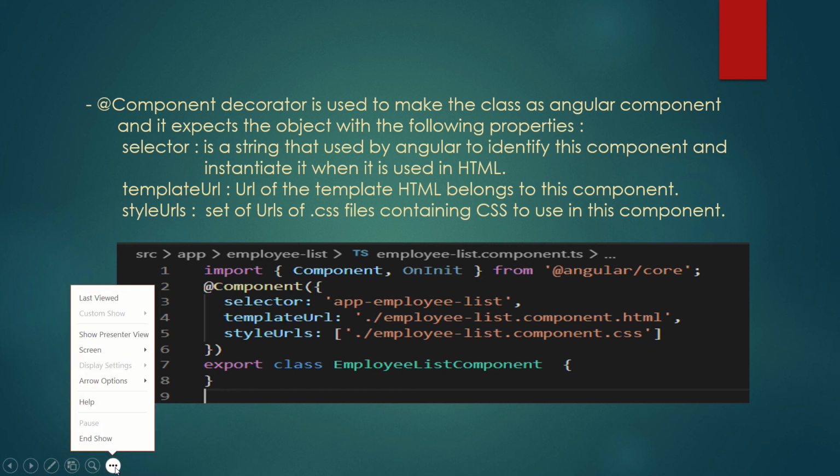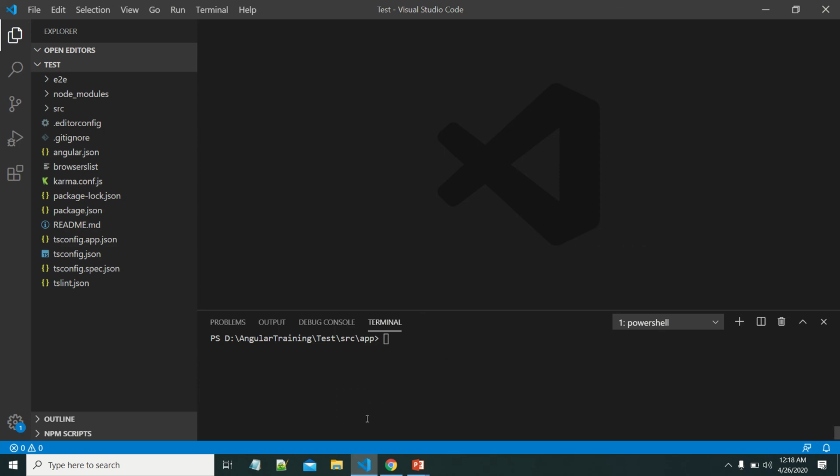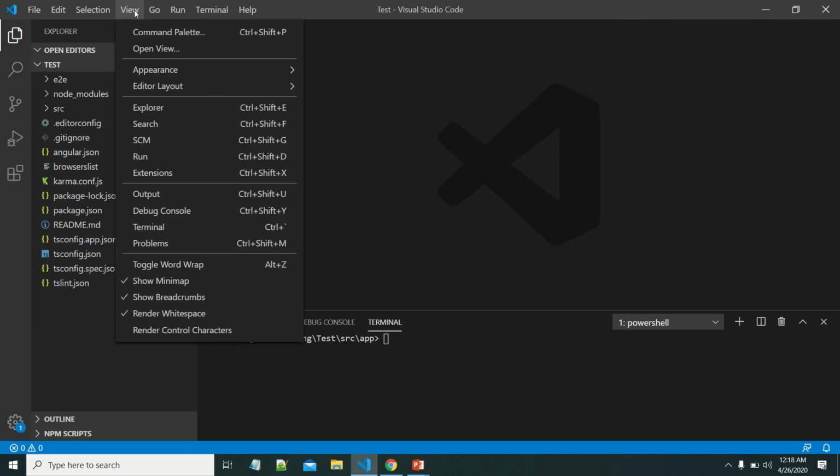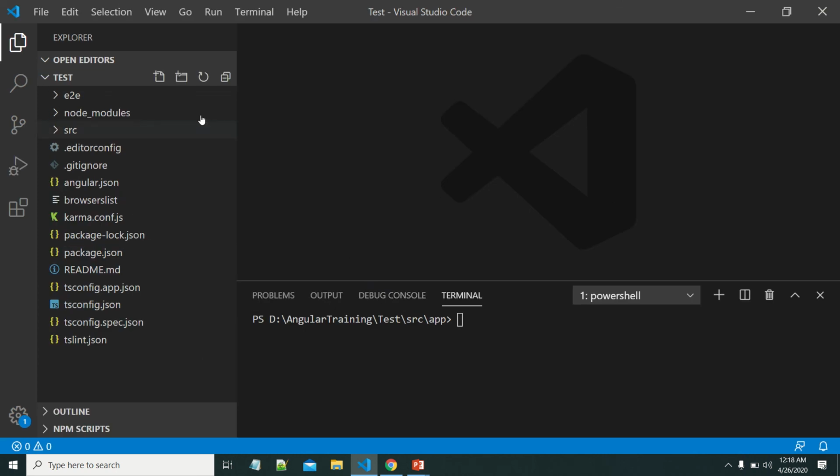Let us try to understand this with a small example program. This is a simple Angular application which is created by using Angular CLI.